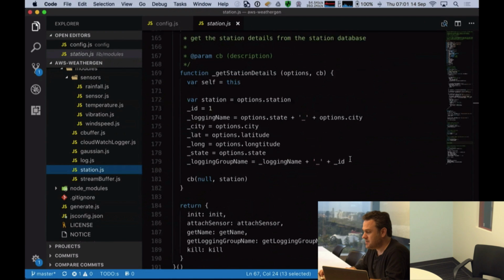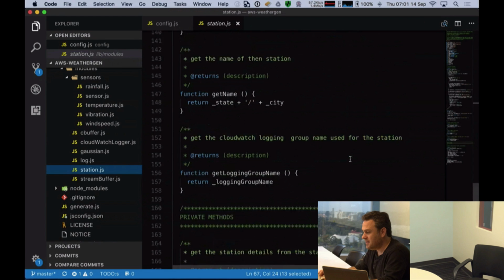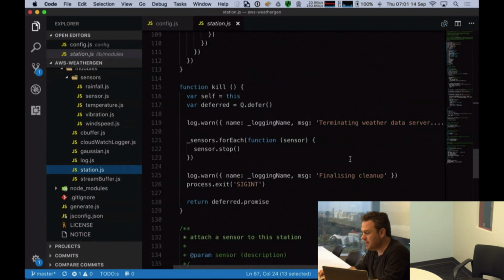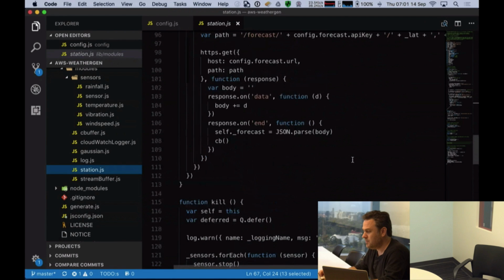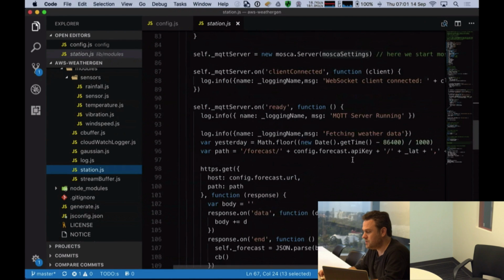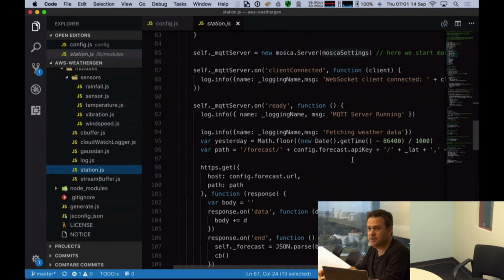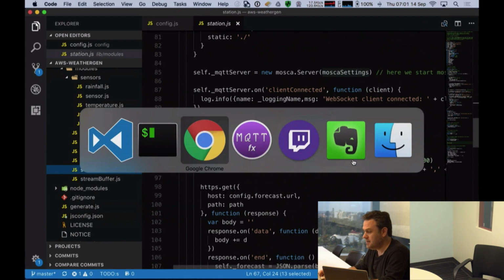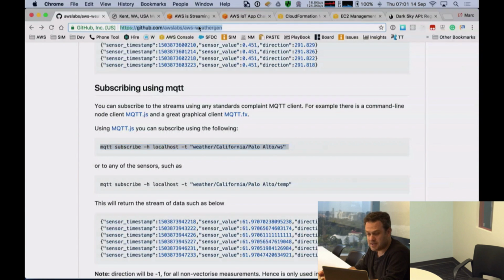So that's a very high-level introduction to the code. I encourage you to dig into it and have a look. It may look a little bit overwhelming for those of you who are not used to dealing with Node.js and things like promises. If you do get stuck, feel free to raise an issue in the Git repository. Again, the URL for that is up here. I think Chanda has been kind enough to post it, and we'll be able to answer your questions there.